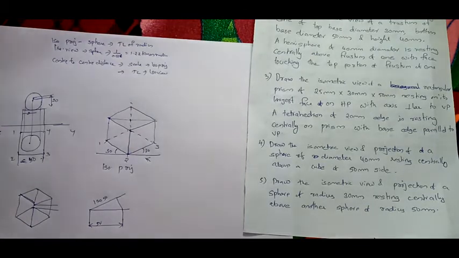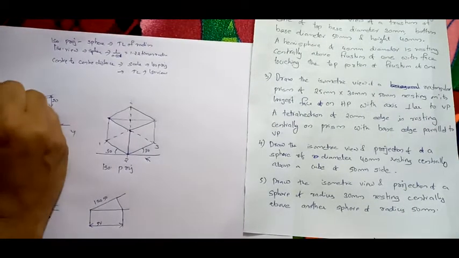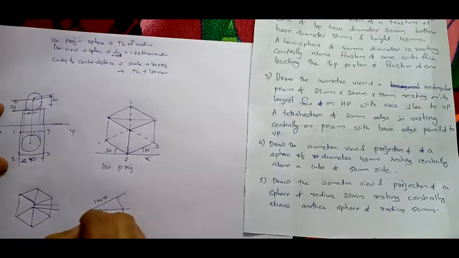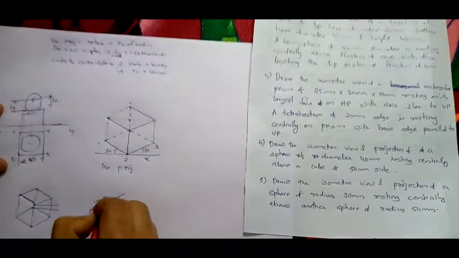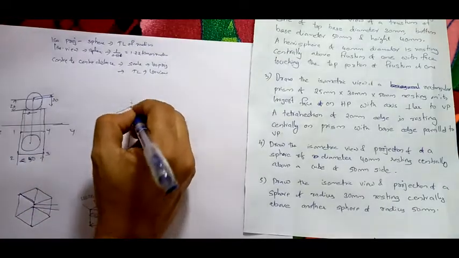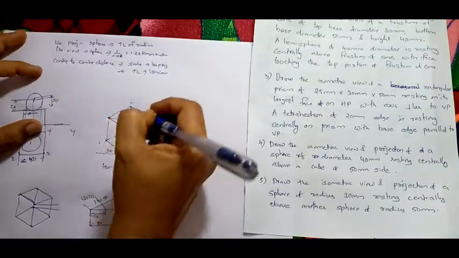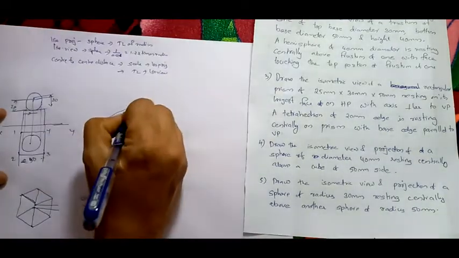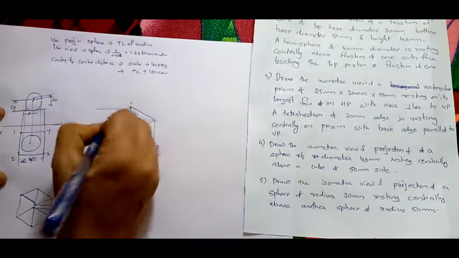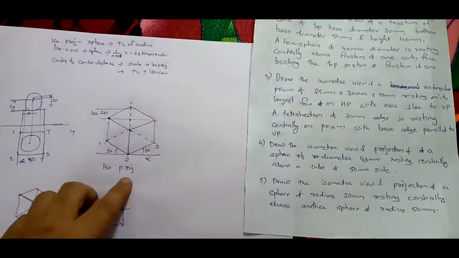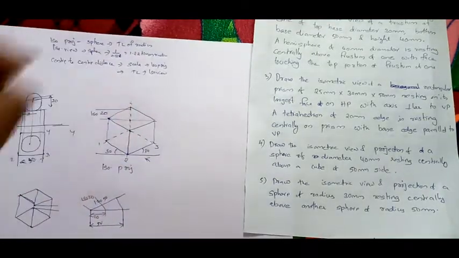So center to center distance means here this will be the center to center distance, right? 20 mm is your center to center distance. So I am taking 20 mm here. Take the scale. Now ISO of 20. So this distance means ISO of 20. I am going to take isometric length of 20. Now isometric length of 20. So center to center in isometric projection, you have to take isometric line.